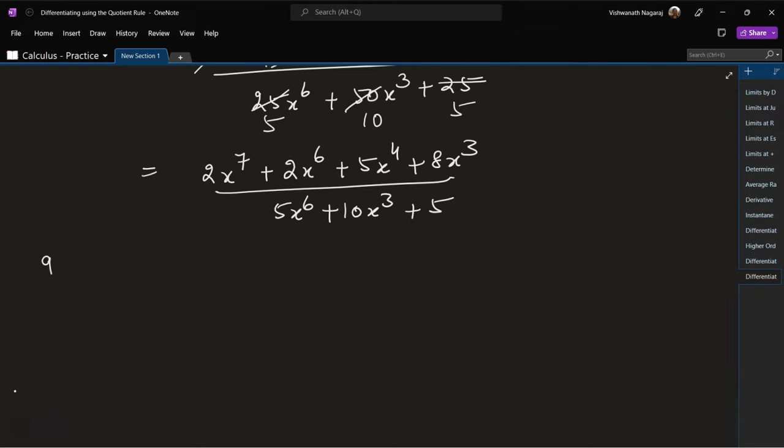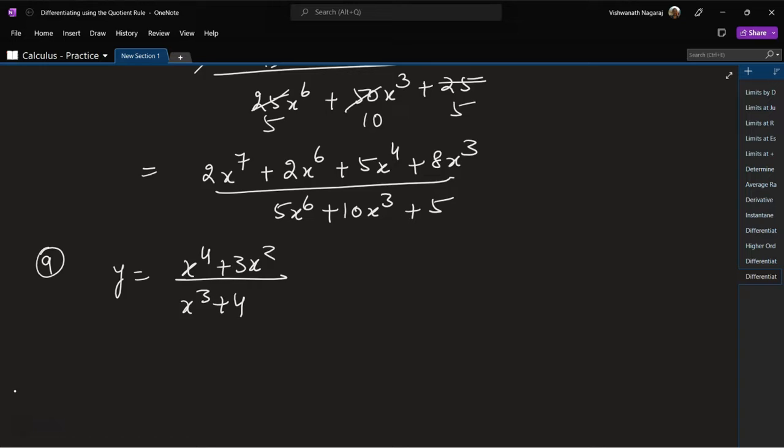Now let's look at the ninth problem. See, your answer should always be in such a way that cancellations are not available. So it has to be in the simplest form, and you should not have negative exponents. Basically, that's the idea. Ninth one, y is equal to (x to the power of 4 plus 3x square) by